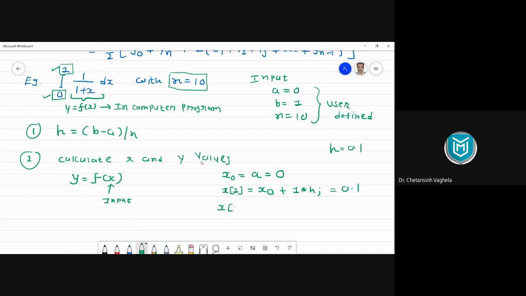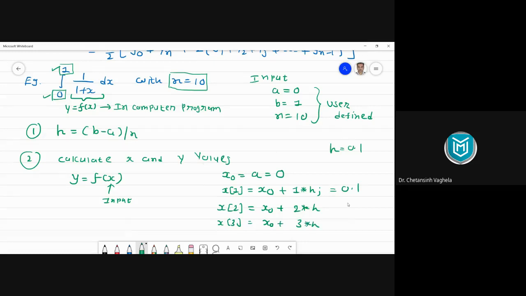Similarly, if you want to calculate the next value x2, then you need to take x0 plus 2 times h. So whatever your suffix is there in your bracket, you need to multiply that value with h. So for x1, we need to take 1 into h. For x2, we need to take 2 into h. For x3, we need to take x0 plus 3 into h. Right?